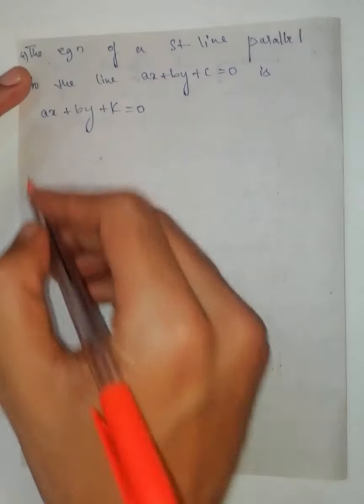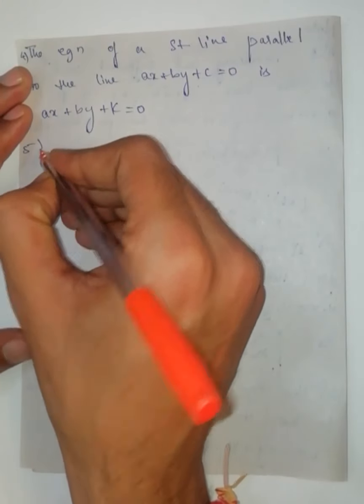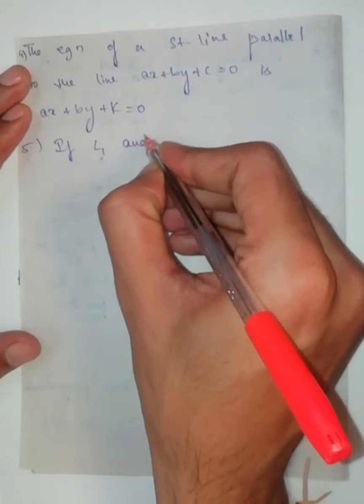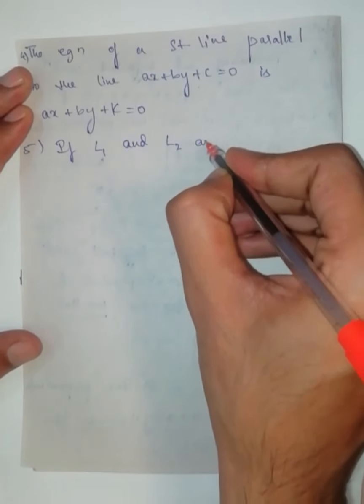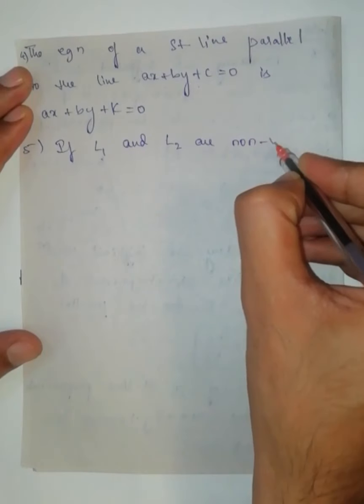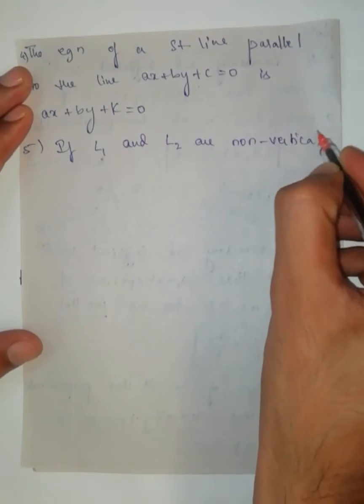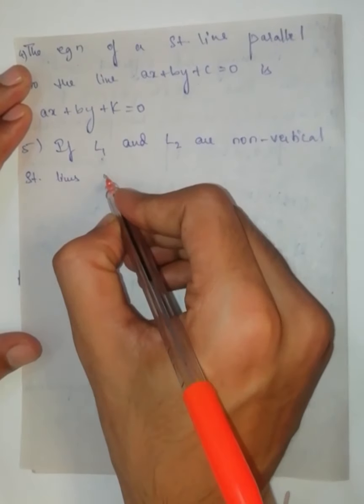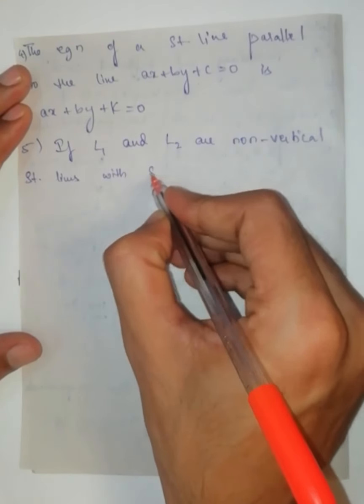So I am giving that formula. Fifth one: if L1 and L2 are non-vertical straight lines with slopes